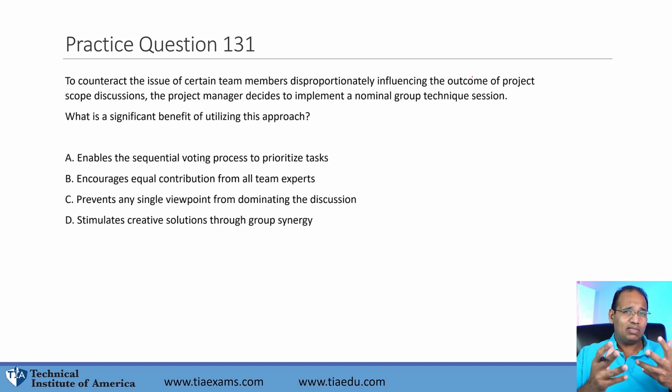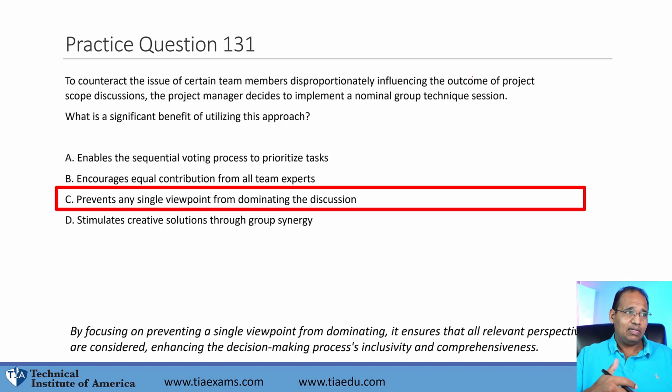This is a tough question because there's two answers. If you know this nominal group technique's definition, there's two good answers that you could have gone with, and those two were either B or C. First of all, it's not just about sequential voting and group synergy or creative solutions. What this technique does is ensure that everyone gets their viewpoint across and not just having a few people dominate it. But it's really not about equal contributions, but everybody's contribution. Some may have more than others, but it prevents one or two people from dominating your meeting,